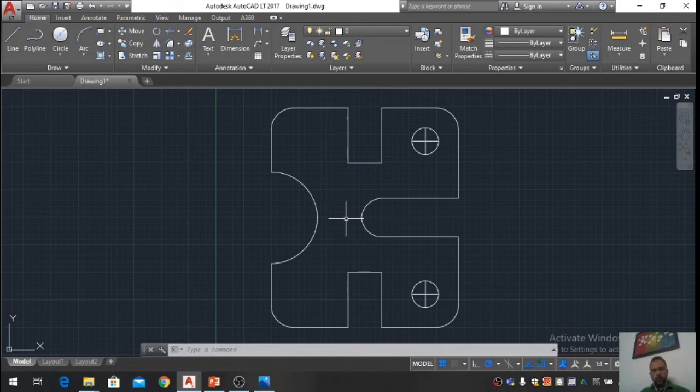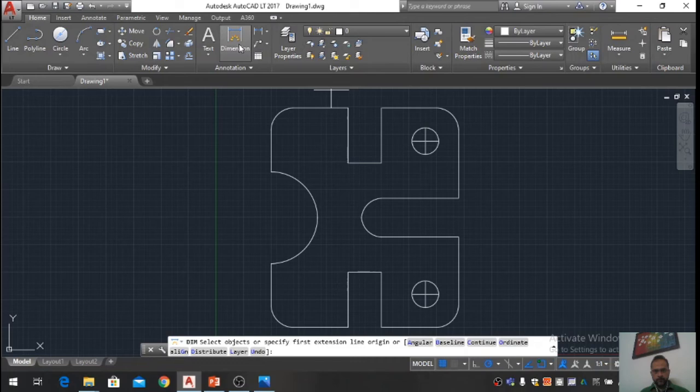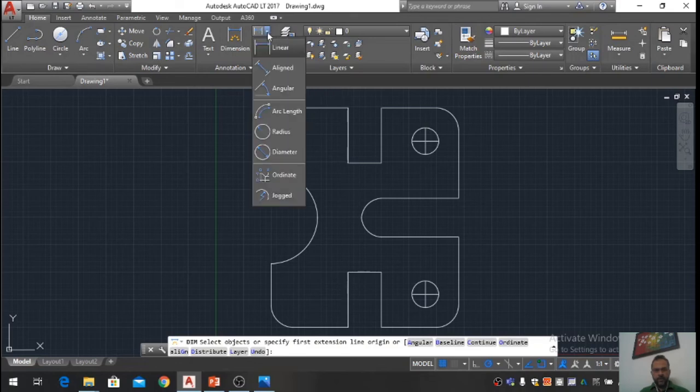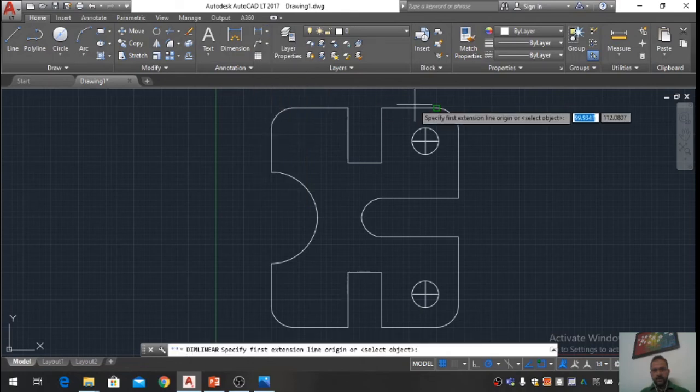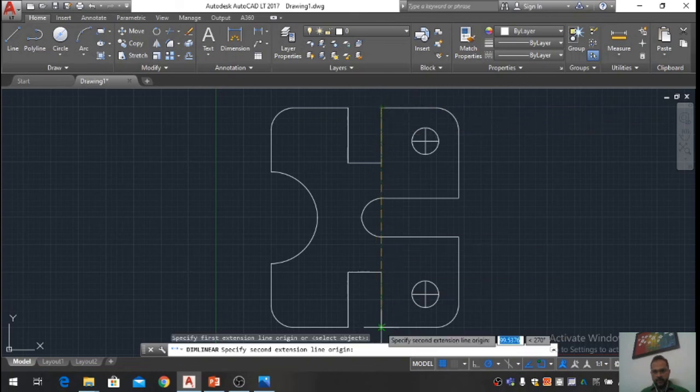Now one thing more that I want to discuss in this lecture is about dimensioning. We can go to dimensions and we can dimension it also. There is one dimensioning called linear dimension. So we will click this linear dimension, and then we will find the distance between the 2 points.